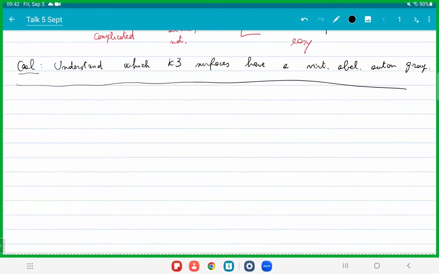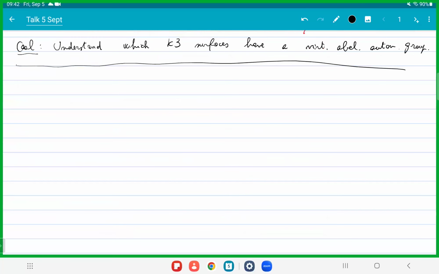Any other question? Okay, then I'm going to start with some basics on K3 surfaces, and I'm going to take the next 20 minutes maybe to present some basics. Maybe you already know these things. In that case, I apologize. But let's say that we fix notation, okay?